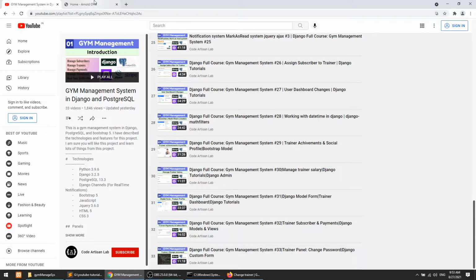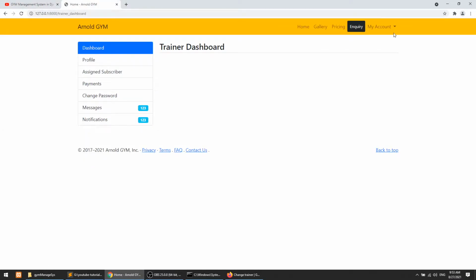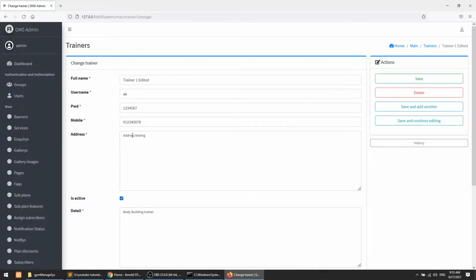So till now, we have created the user notification panel with the help of jQuery Ajax. When the admin adds a notification, that notification will show in the user dashboard.